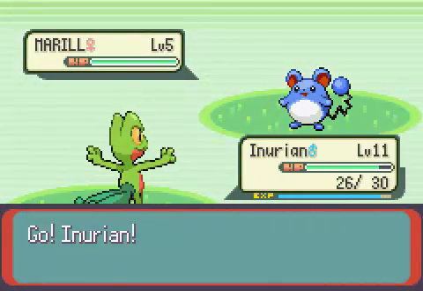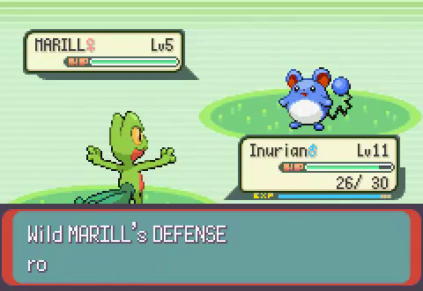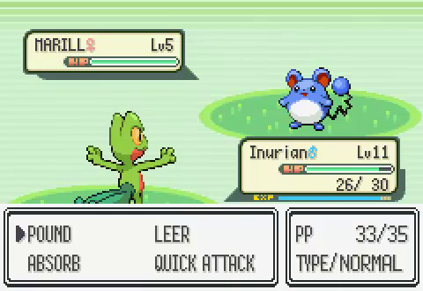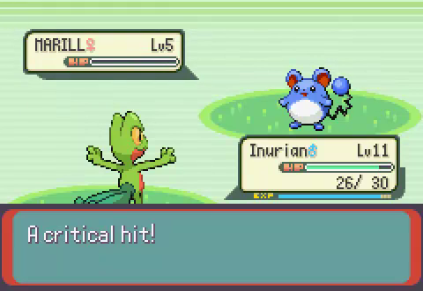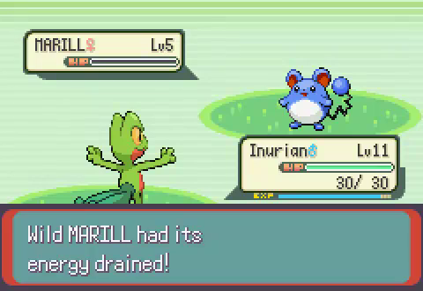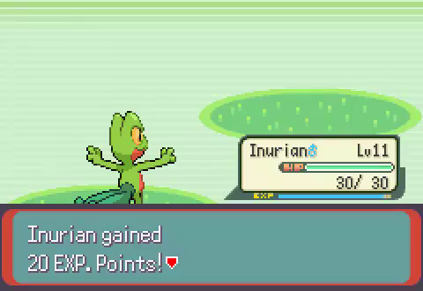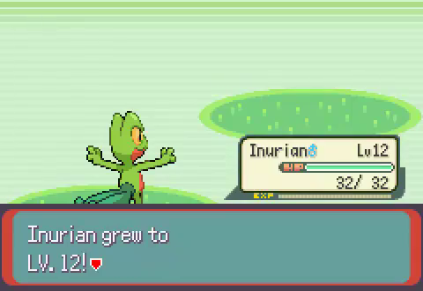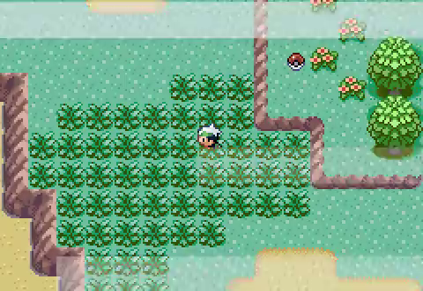It has 70 base HP, which really isn't that bad. Not as good as many other Pokemon, but it's alright, I guess. The other new Pokemon on this route is Swellow. Now, Swellow's actually a decent Pokemon. And nearing grew to level 12. Taillow evolves into Swellow, and Swellow...